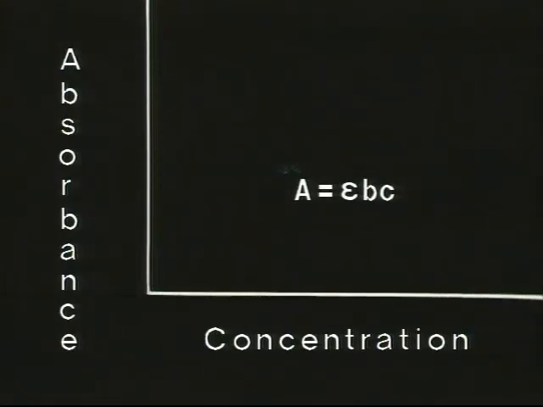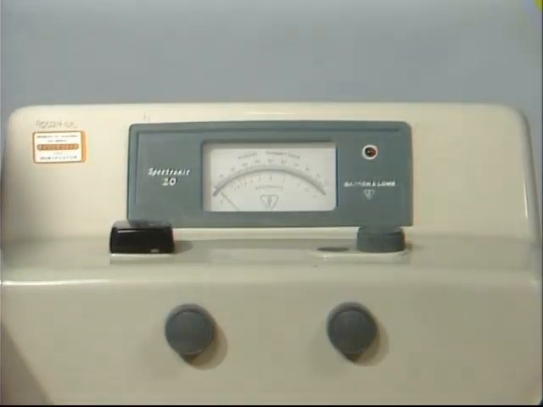According to this equation, a plot of absorbance versus concentration should give a straight line that passes through the origin. Once the plot has been obtained, it can be used to determine the concentration of an unknown solution. This is the most common application of Beer's law. In order to obtain the absorbance of the solutions necessary to plot this graph, a spectrophotometer is used. However, before any measurements can be taken, the limits of the meter on the spectrophotometer must be set.